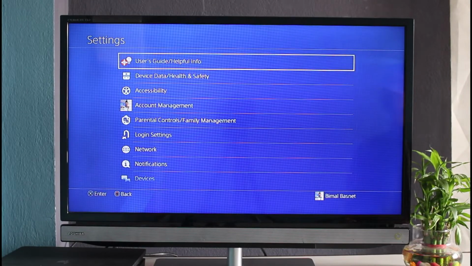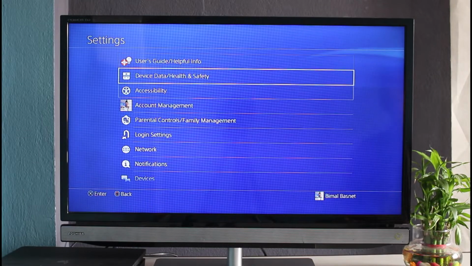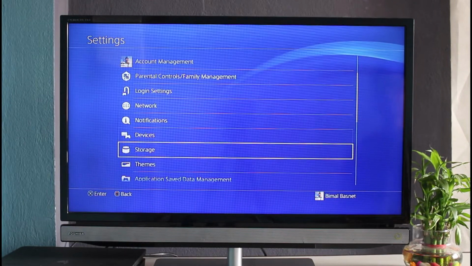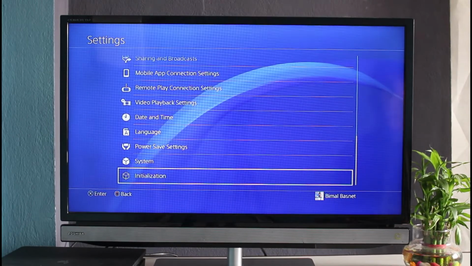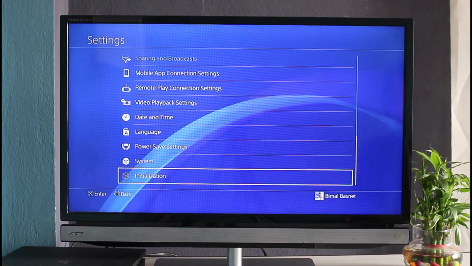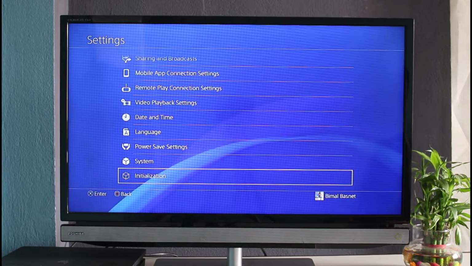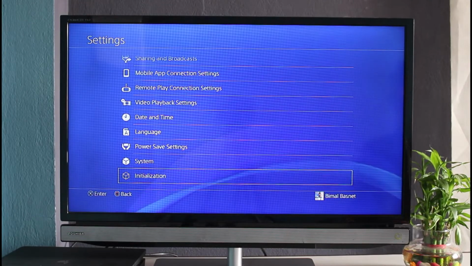Again, you'll see a bunch of different options such as user guides, device metadata, accessibility settings, and so on. All we have to do is scroll and slide all the way to the bottom until you find this option which says Initialization. So what you have to do is simply select this option which says Initialization